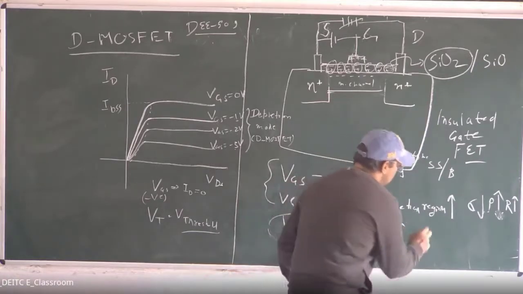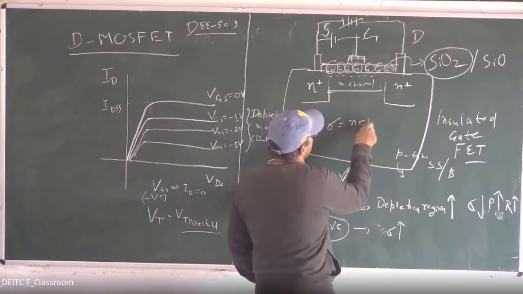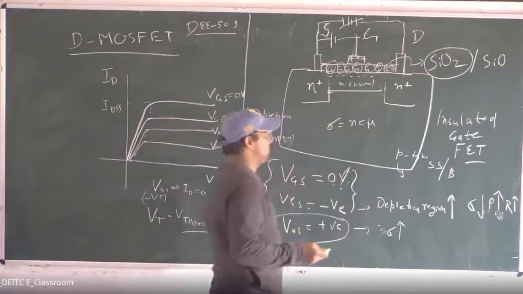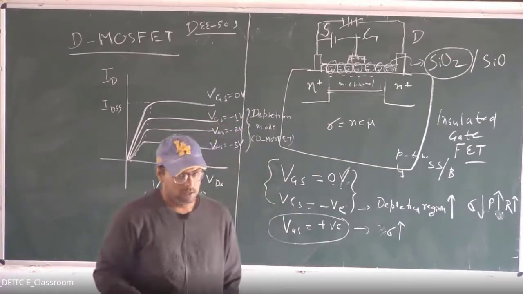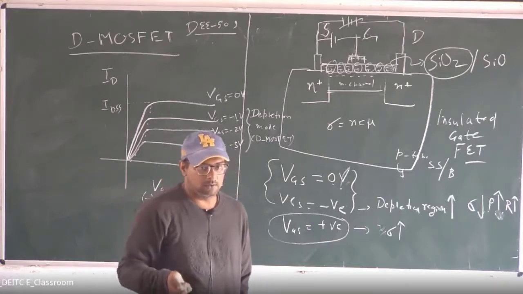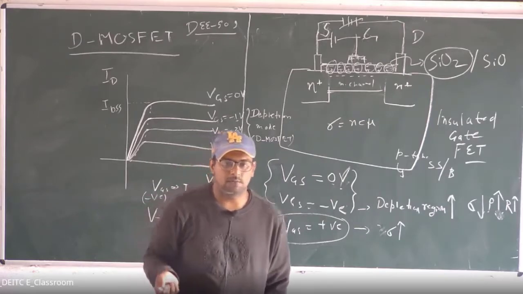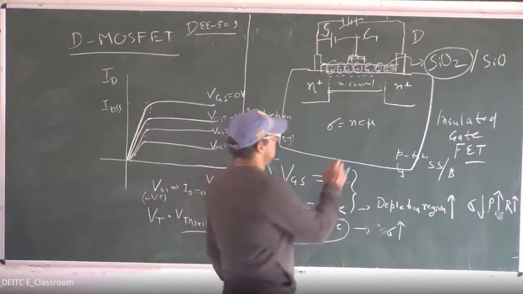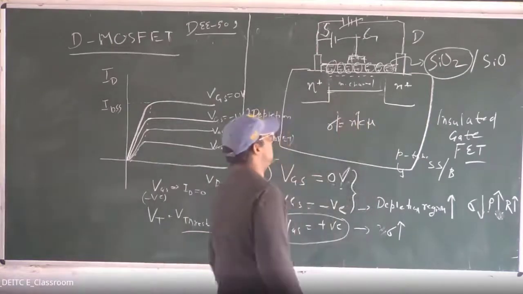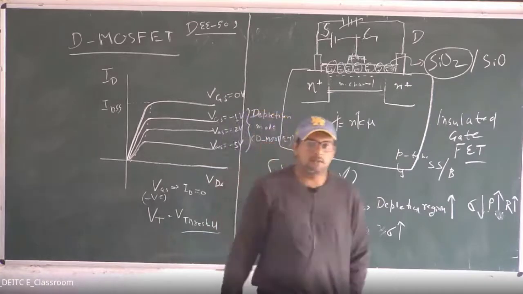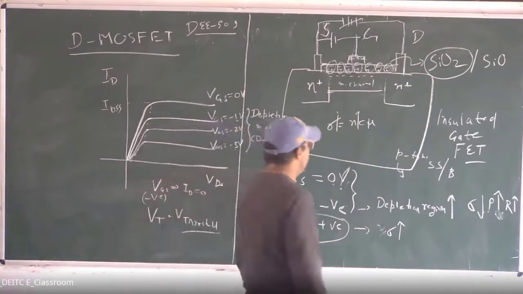Why will sigma increase? We know that conductivity is N e mu, and this mobility for a particular charge carrier, whether it's an electron or hole, is constant, and e is the charge, and N is the number of charge carriers in a unit volume. So if this N is increasing, then definitely this sigma will increase. Here we have increased the charge carriers. Already there were many charge carriers in the N channel, but this sigma will increase.